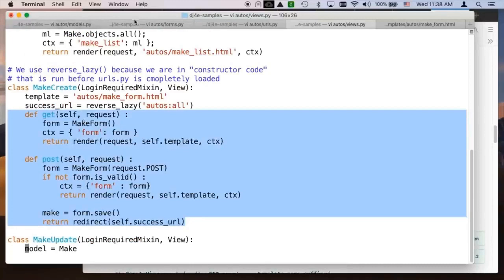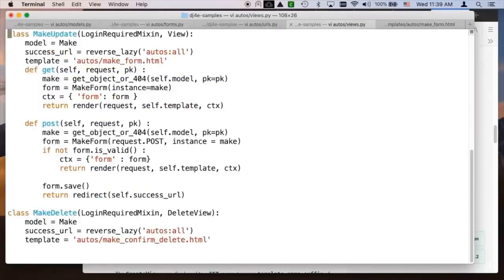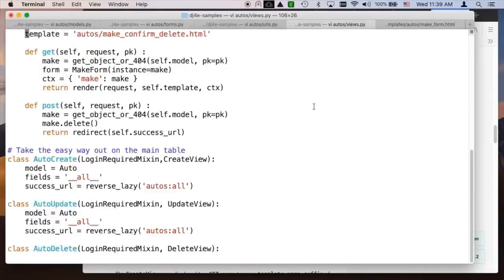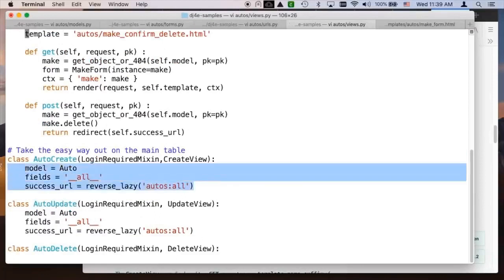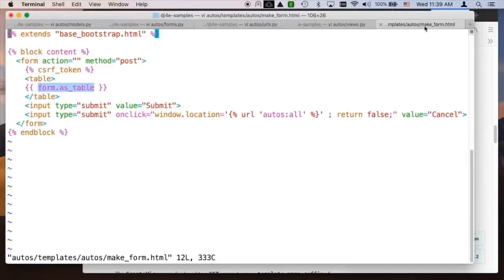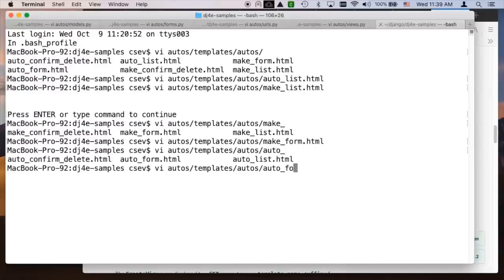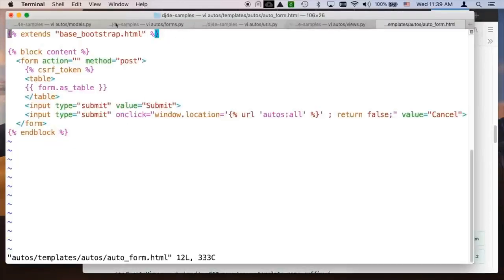Now, we don't even have to make a form for the auto, because this code right here builds the form. And not only that, but it uses this name auto to pick the template. So if I do auto underscore form, I have to use